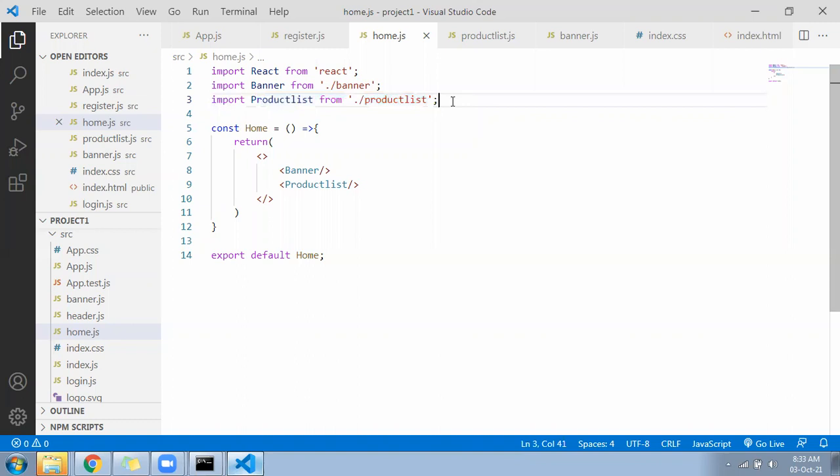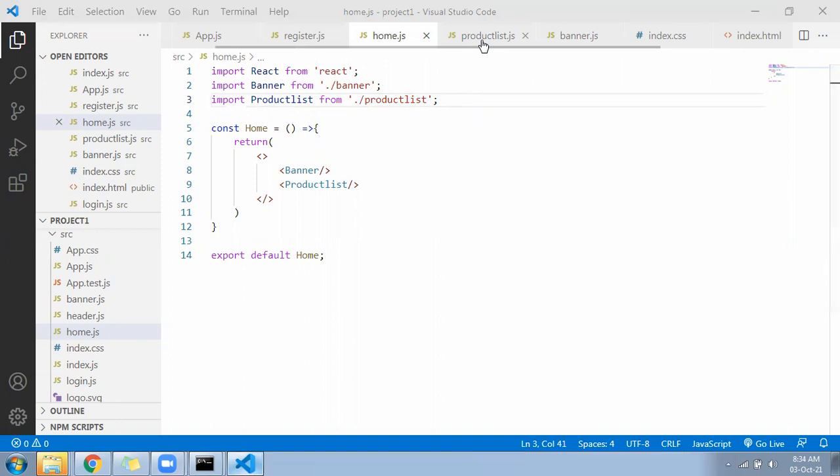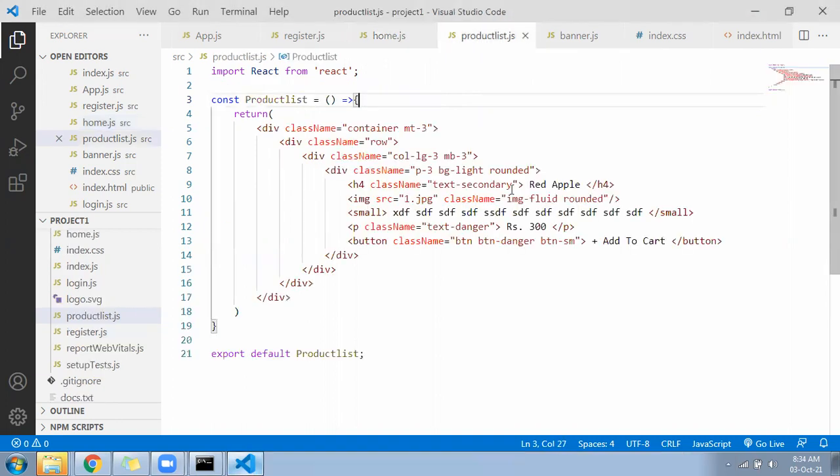Some changes we have to do. In the product list component, this we have given secondary, change to a different color.